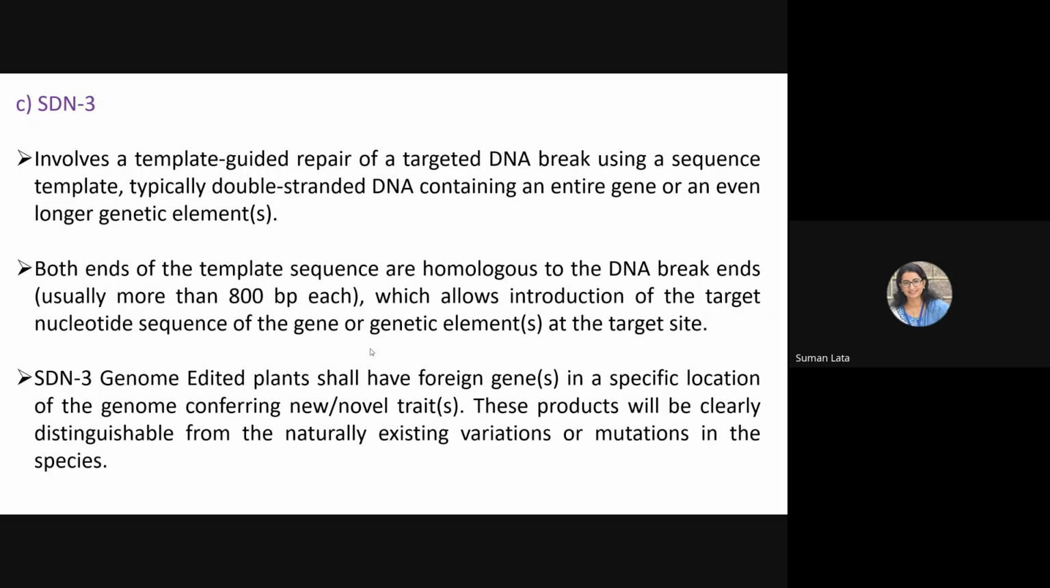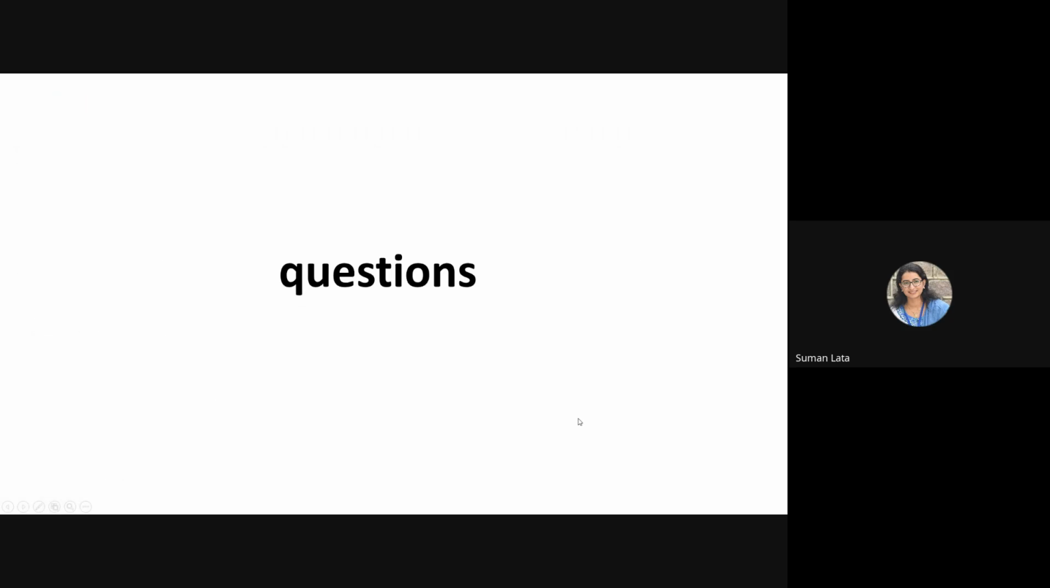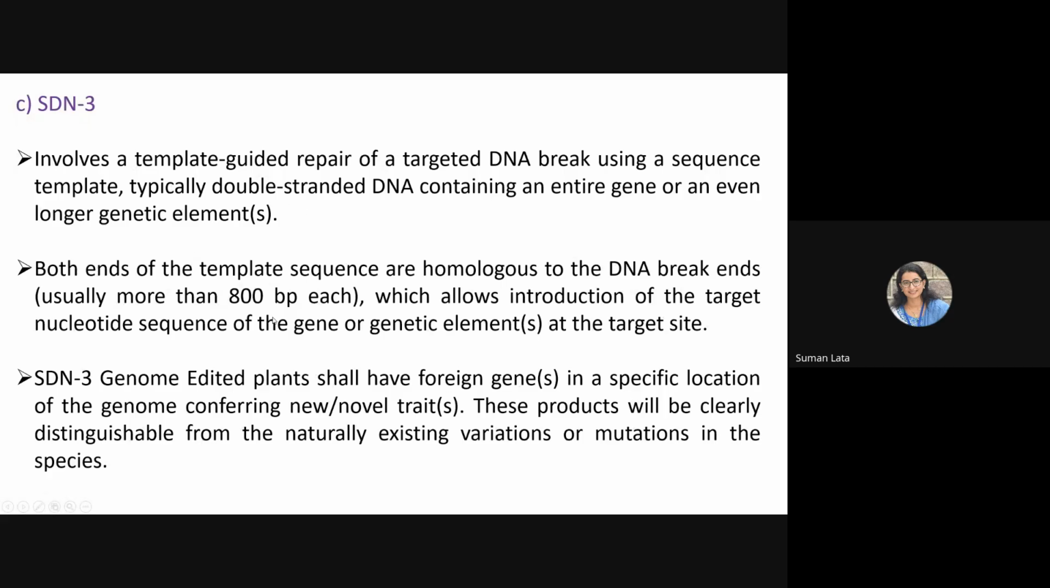So the SDN3 genome edited plants have foreign genes in specific locations of the genome conferring new traits. These products will be clearly distinguished from the naturally existing variations or mutations in the species. So SDN3 generated plants are different from the naturally existing variations or mutations in the species. So these SDN3 will be under the GMO regulations, and SDN1 and SDN2 will be free from the